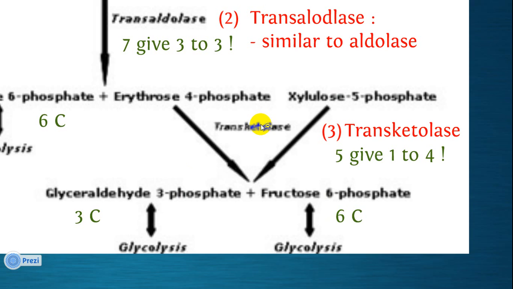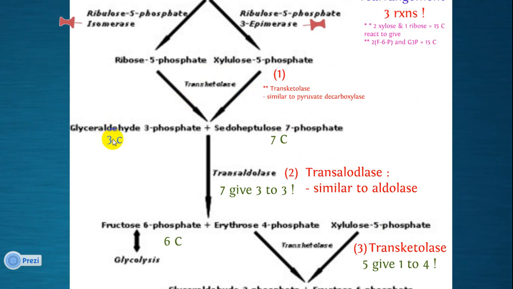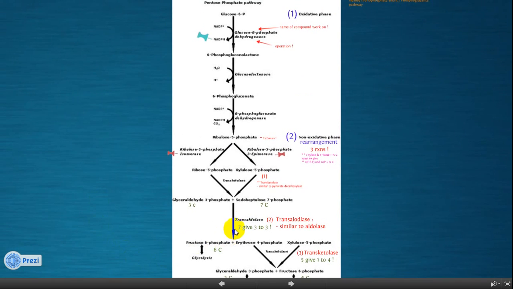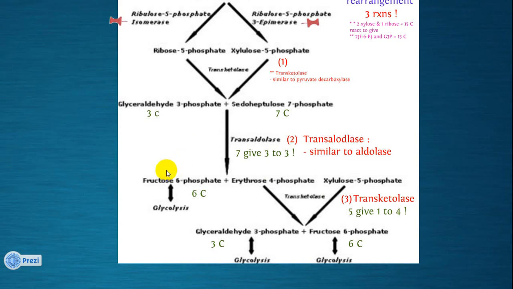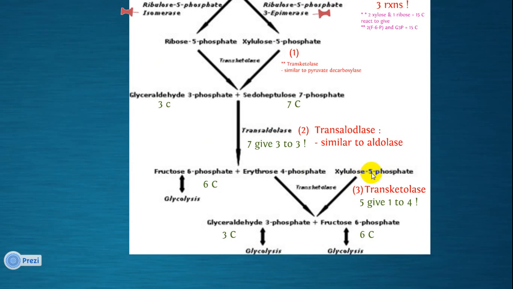So to summarize the rearrangement reactions, they are done by 2 enzymes, transketolase and transaldolase. The transketolase, first, will take xylose and ribose, and it will form G3P and sedoheptulose. After that, the sedoheptulose will react with the transaldolase. 3 carbons from this sugar will move to this sugar, and we will have the first fructose 6-phosphate. After that, erythrose will react with xylose in the presence of transketolase. 2 carbons will move from this one to this one to produce the fructose 6-phosphate and the glyceraldehyde 3-phosphate. Okay,